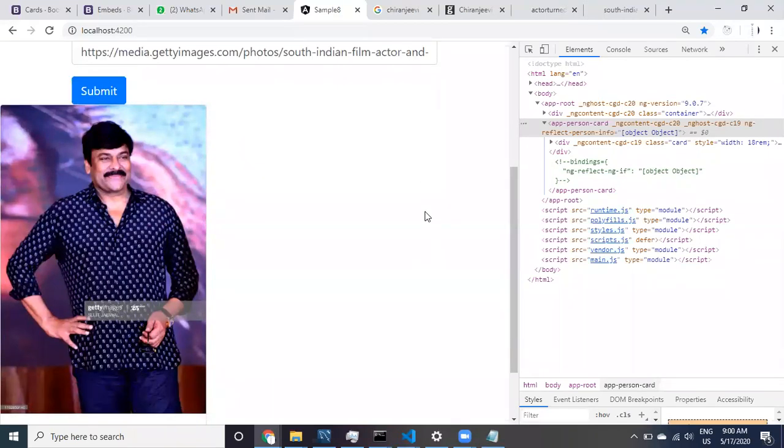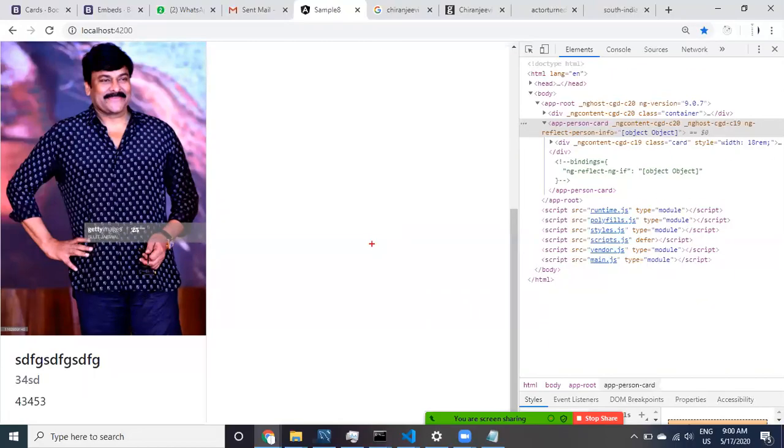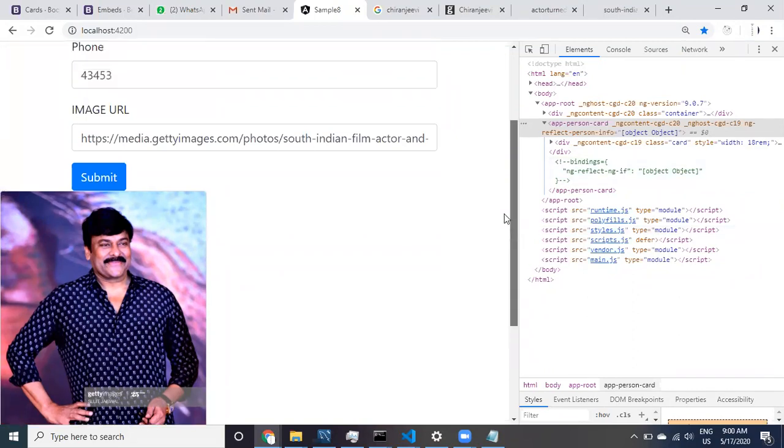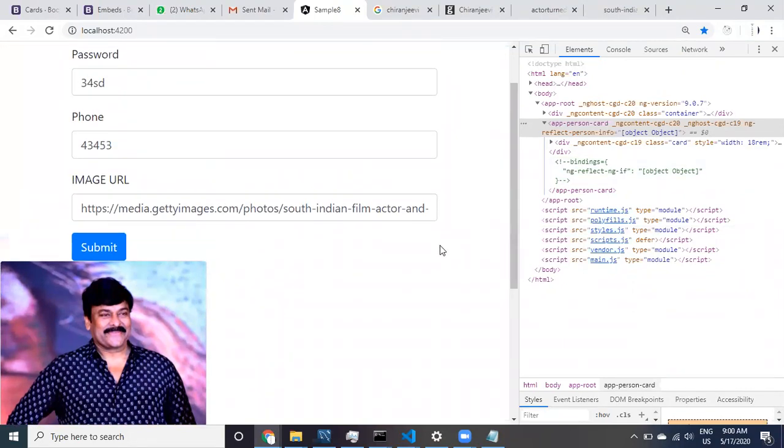Now this is a person component, person data card, person card. Now I want to use the table, guys.